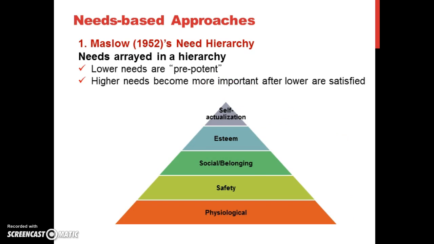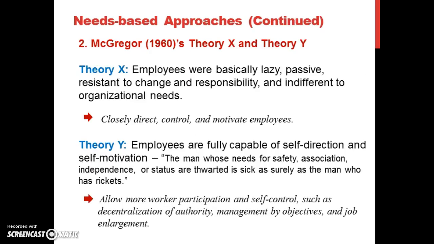This theory suggests that managers should understand which level of needs your workers wish to satisfy, and further, they should have different strategies for each work group to create motivation. Another influential theory for work motivation is McGregor's Theory X and Y. Based on Maslow's need hierarchy, he identified the two main streams of management assumption.